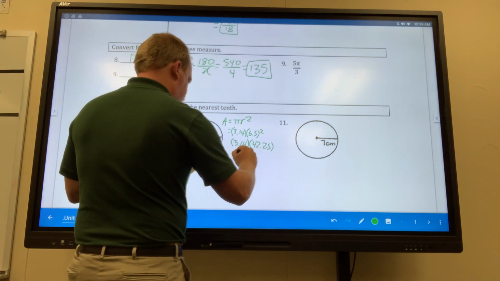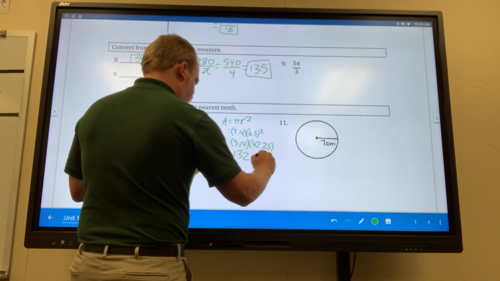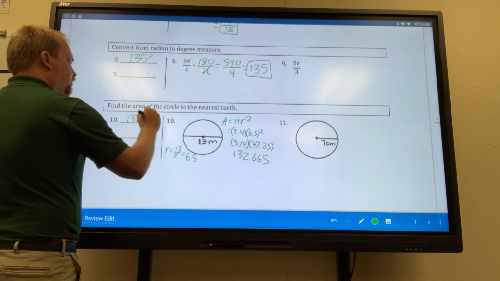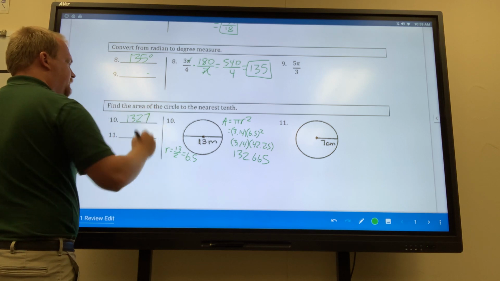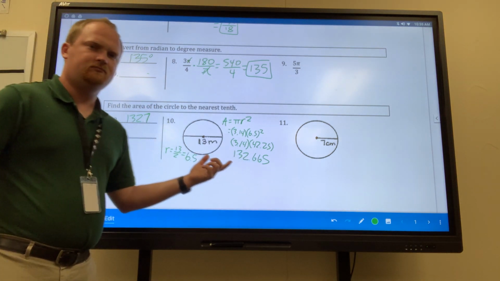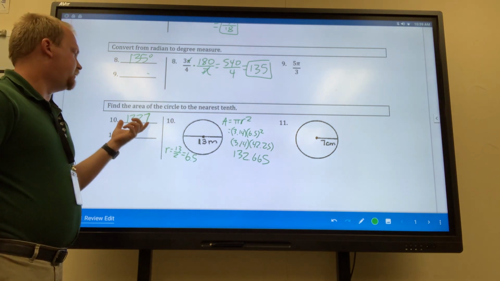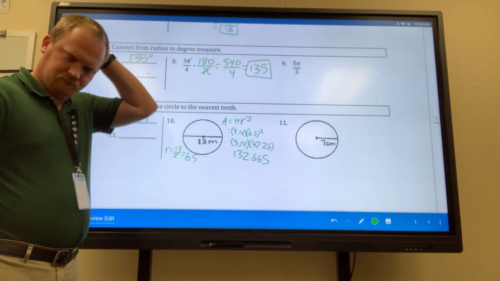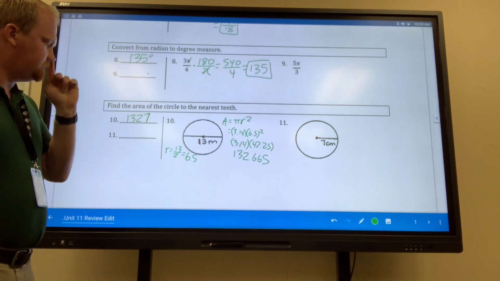Multiply it out. 132.665. So that's going to give me 132.7. And that's going to be the area of my circle. All right. So the area of my circle is 132.7. Next,